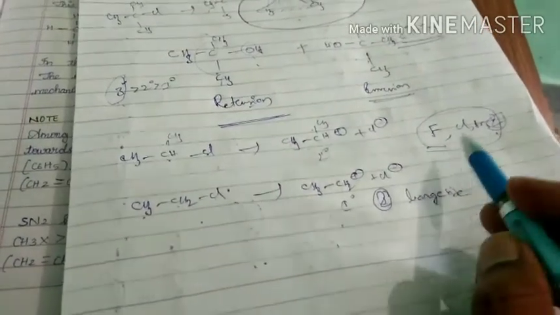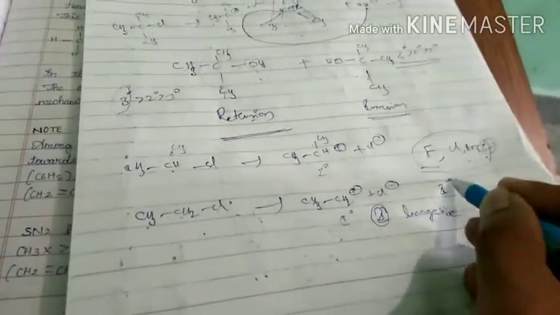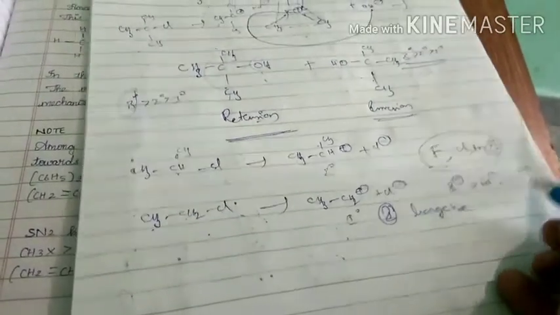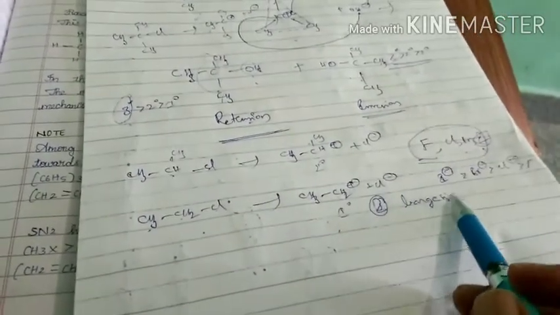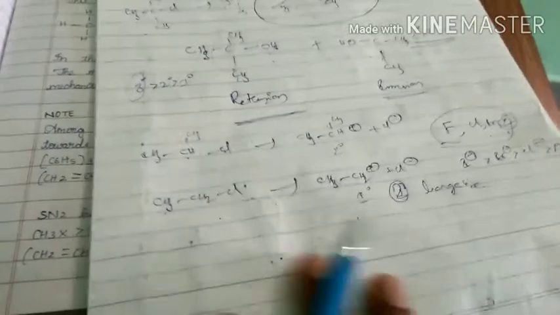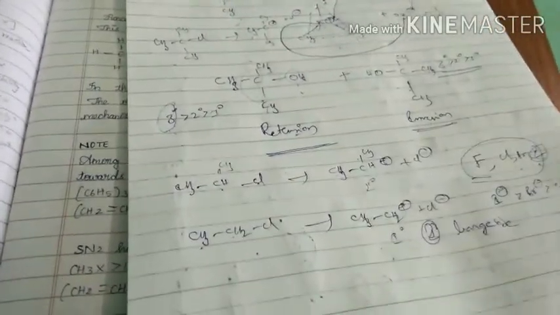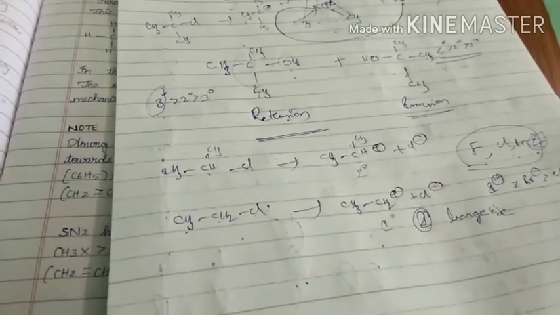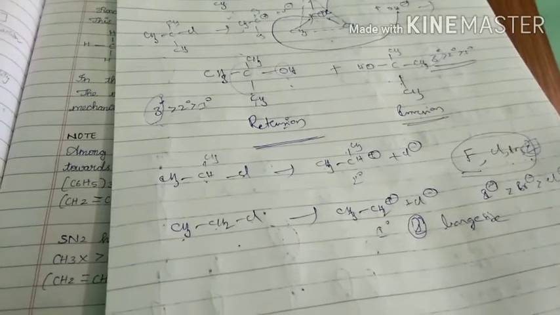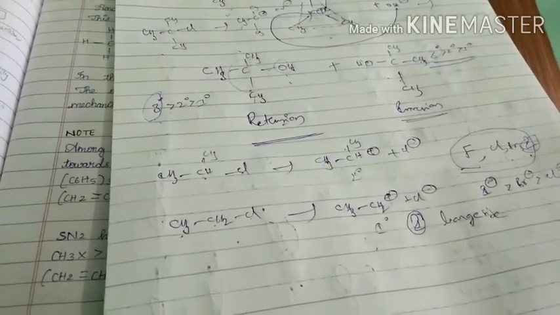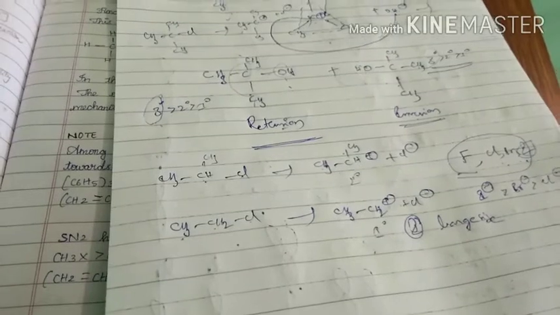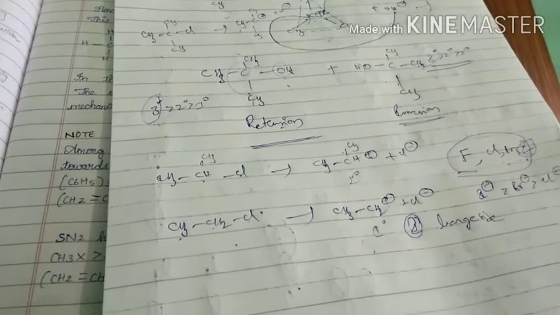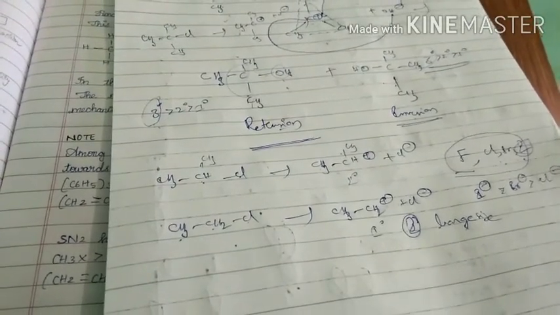So what is the point here? The order of leaving group ability is iodide greater than bromide greater than chloride greater than fluoride. So this is all about the SN1 mechanism. Simple. In the SN1 mechanism, we have to take a tertiary alkyl halide. In the initial step, it undergoes dissociation by itself. After dissociation, the nucleophile attacks from either side because of its shape. Then two possible products are formed. They are retention and inversion. I told you what retention and inversion are.